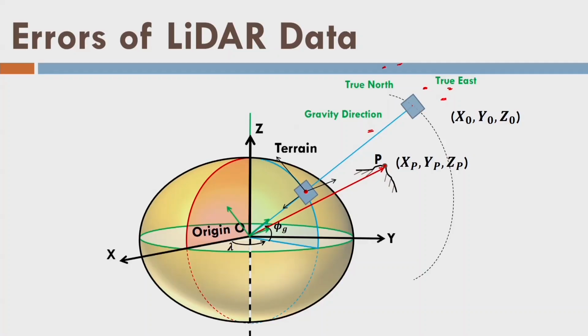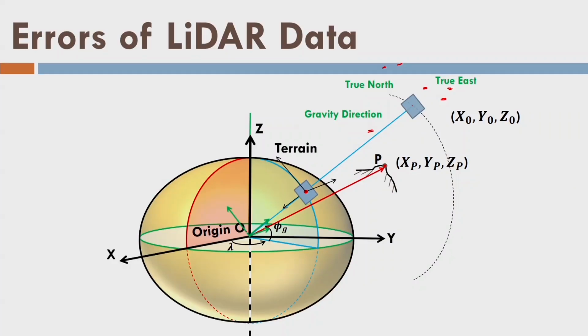What does it mean by true manner? True manner means at a point P or at a trajectory point, whatever the gravity direction is there, what is true north and what is true east, and accordingly I am getting the coordinates of point P. So, in that frame only I want to analyze each and every point. So, I will have for each and every point a different reference frame at the center of the earth. Let us do it for one point.